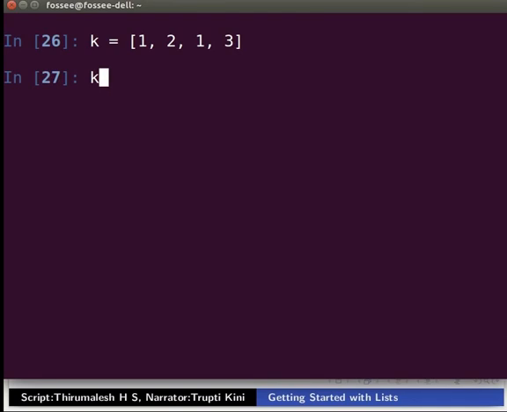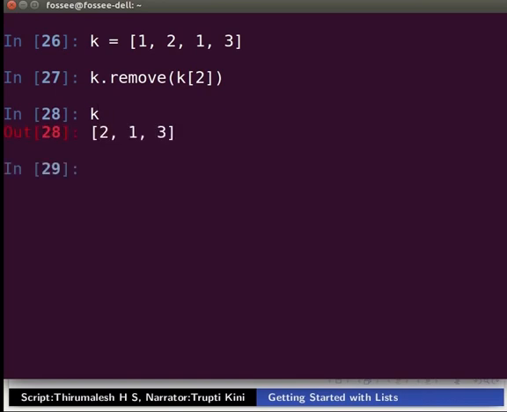Then type k dot remove inside parenthesis k inside square brackets 2 and press enter. Type k and press enter. We can see the output as 2, 1, 3, since it deletes the first occurrence of what is returned by k inside square brackets 2, which is 1.